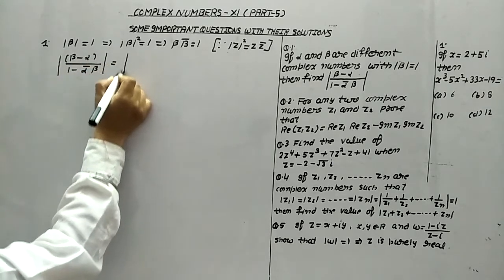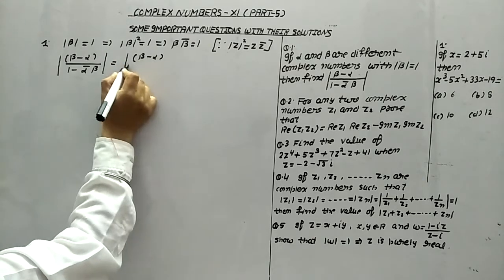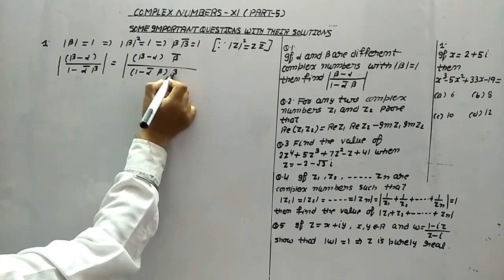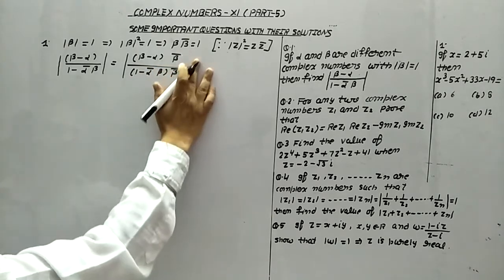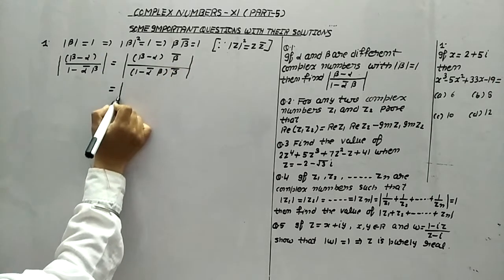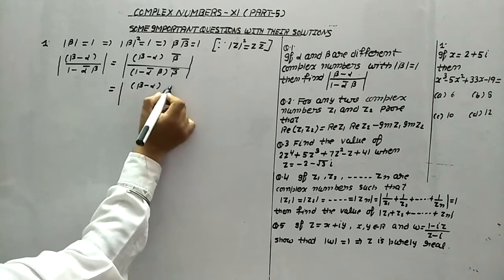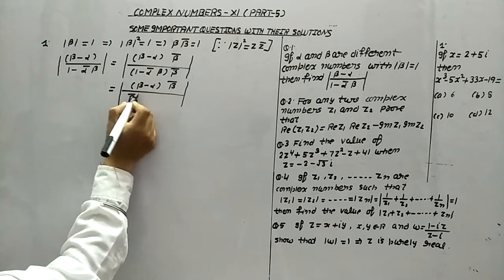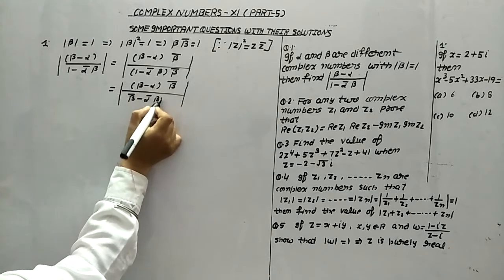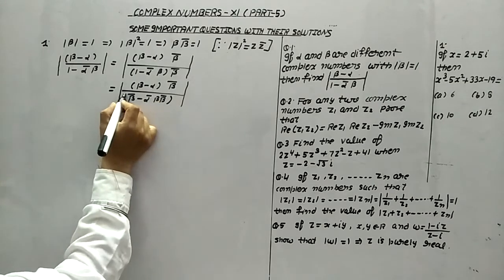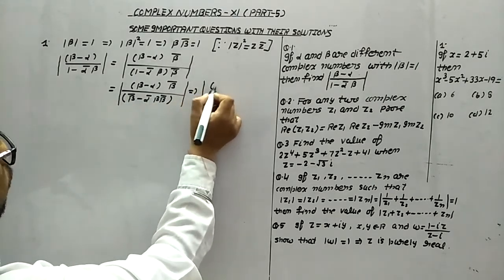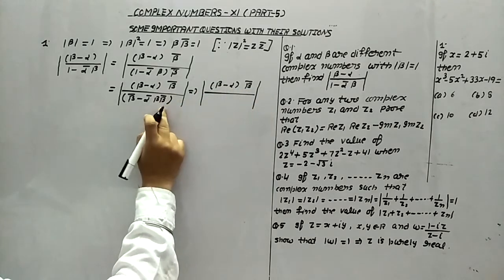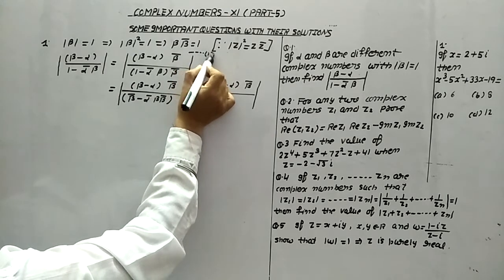Now look at this thing. For this part, beta minus alpha, we are multiplying both sides with beta bar. The reason you will come to know when we proceed. So this becomes (beta minus alpha) into beta bar. Now multiply this beta bar inside. What will come? Beta bar minus alpha bar, beta into beta bar. Now look at this: this is (beta minus alpha) beta bar, and upon, you know very well, beta into beta bar from equation 1. What is this? 1 only.